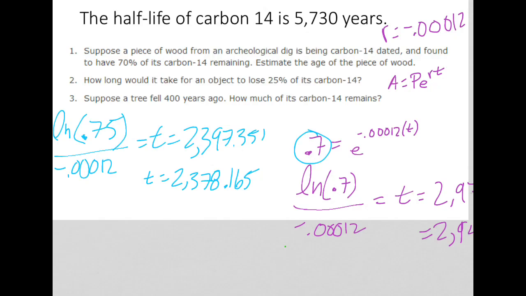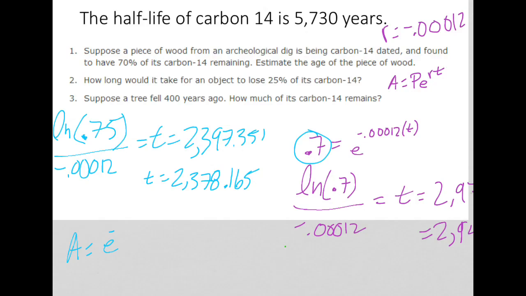So finally, one last problem. Suppose a tree fell 400 years ago. How much of its carbon remains? So we're going to get A equals the initial amount of carbon in the tree, which we don't know, so we're going to have to represent that as 100%, which is just the number 1. So A equals, the one doesn't do anything, so I'm going to get rid of it, e to the rate,